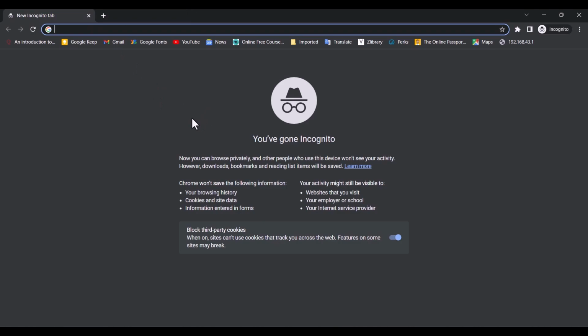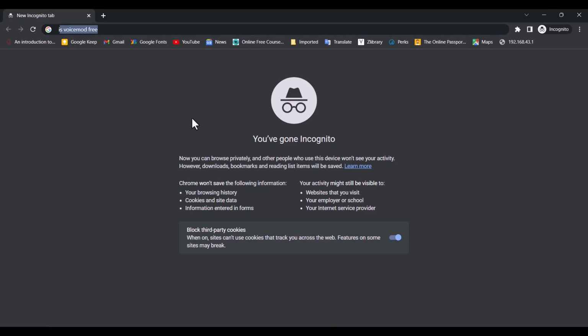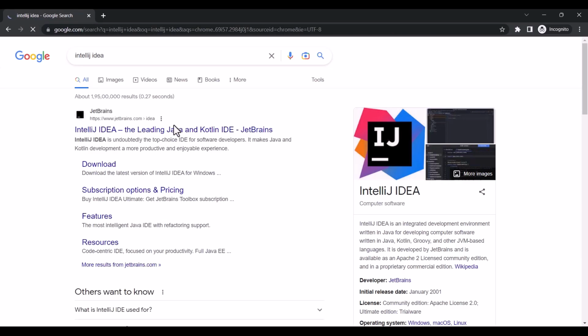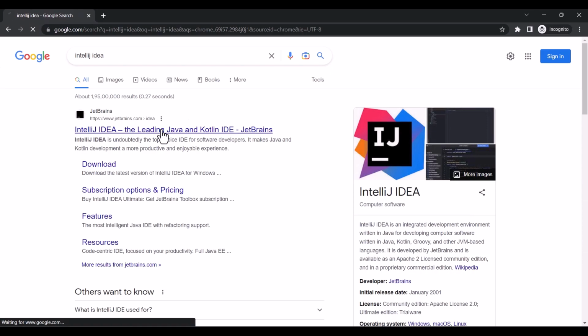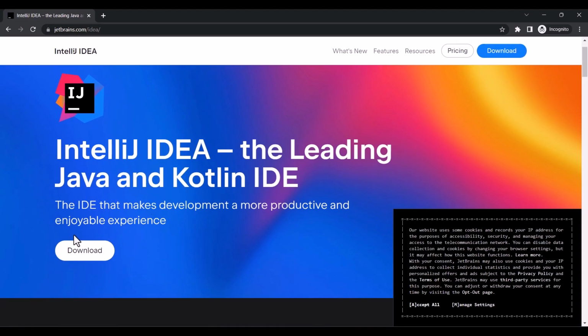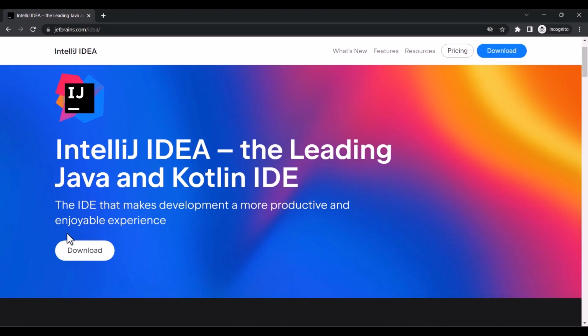Okay, now let me close this window and go to your browser, click on new tab, and I'm going to install an IDE. So my choice for the IDE will be IntelliJ IDEA. Just type IntelliJ IDEA, click on this link. Now accept all, download,